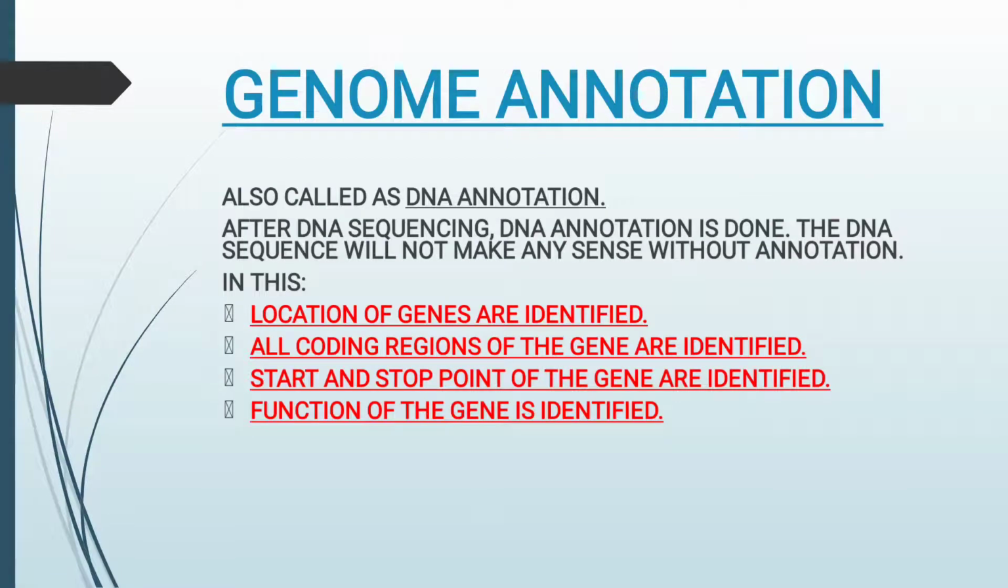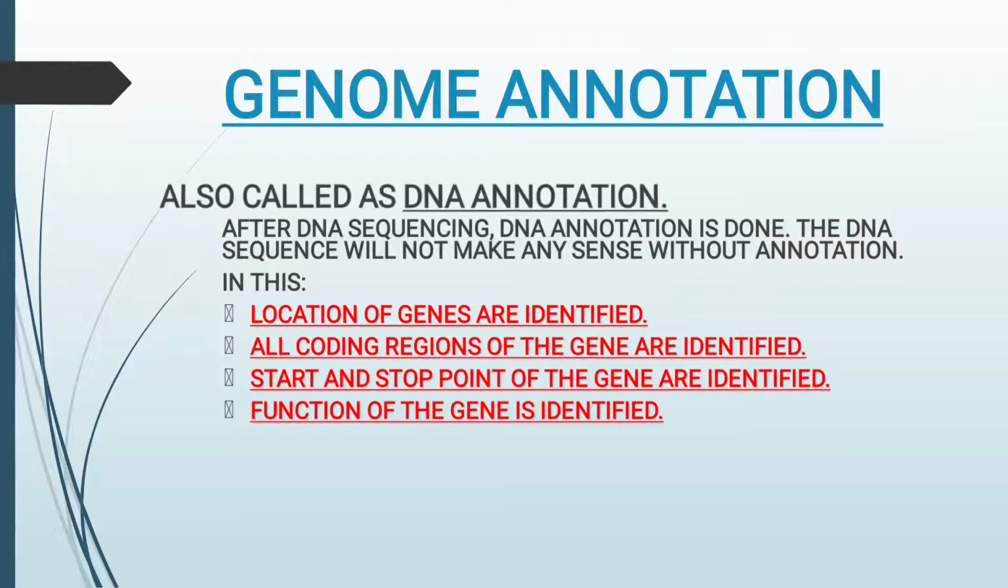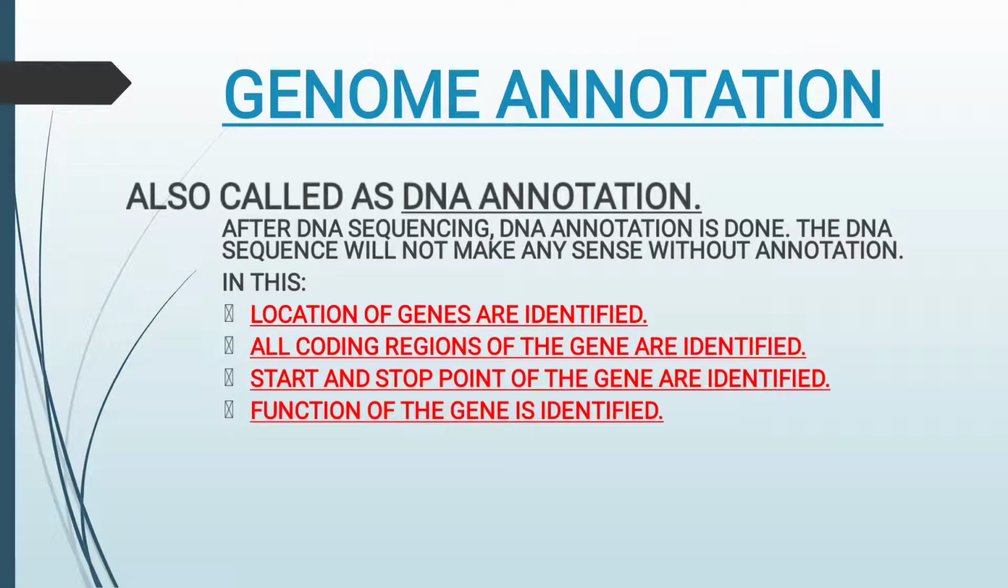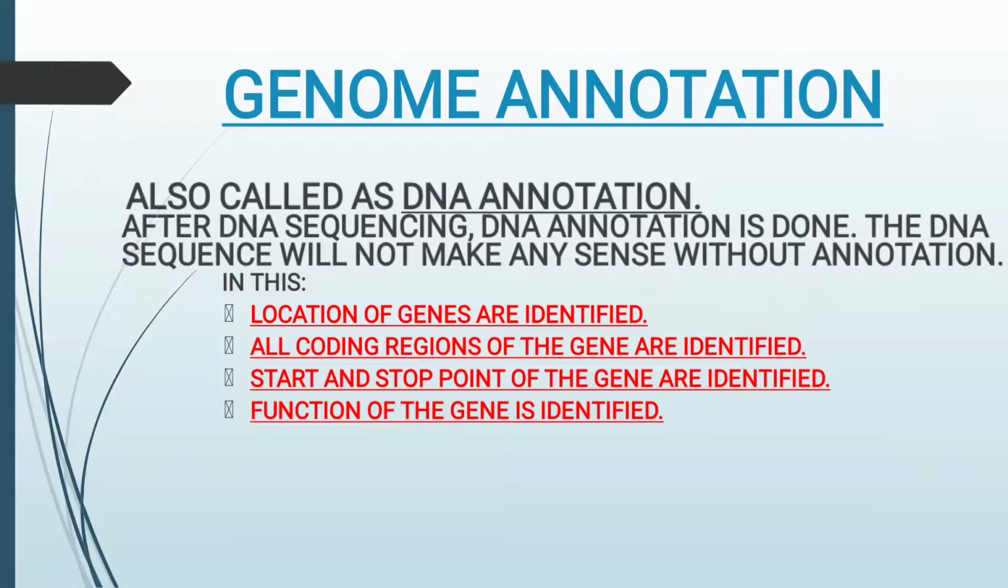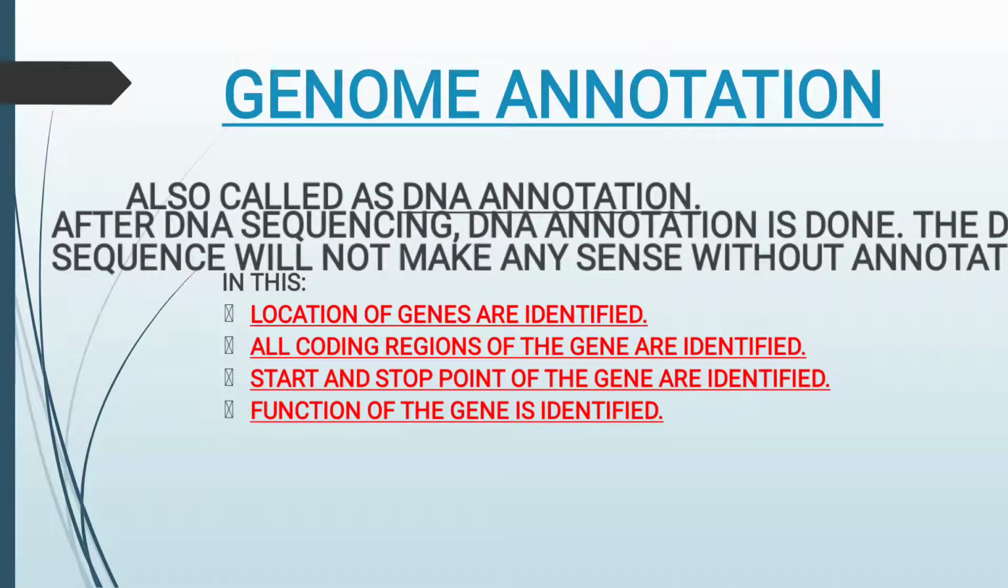Now, what is genome annotation? Genome annotation is also called DNA annotation. First of all, DNA sequencing is done. The DNA sequence is in the form of 4 bases: adenine, guanine, cytosine and thymine, ACTG. This is a simple list of letters. If it is not annotated, then this information is actually useless. So after DNA sequencing, DNA annotation is necessary, and the DNA sequence, as I said, will not make any sense without